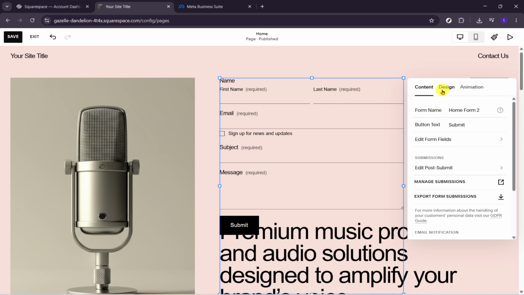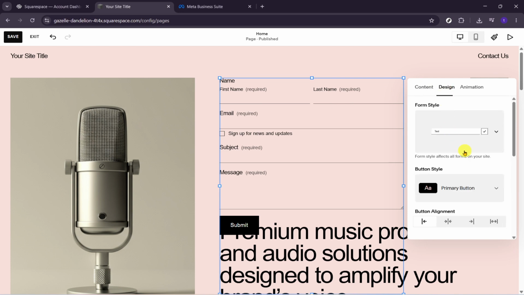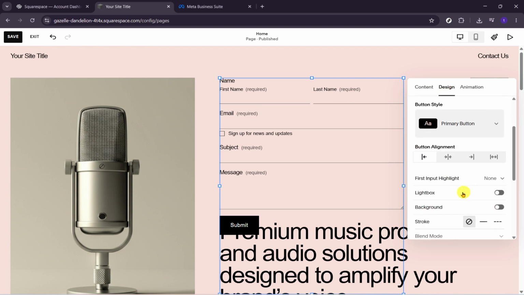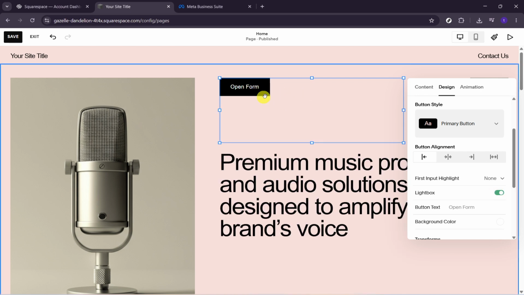Scroll through the options until you find the lightbox setting and toggle it on. Enabling the lightbox tells Squarespace to hide the inline form and replace it with a button. When site visitors click that button, the full form will open in a focused overlay, which is great for conversions